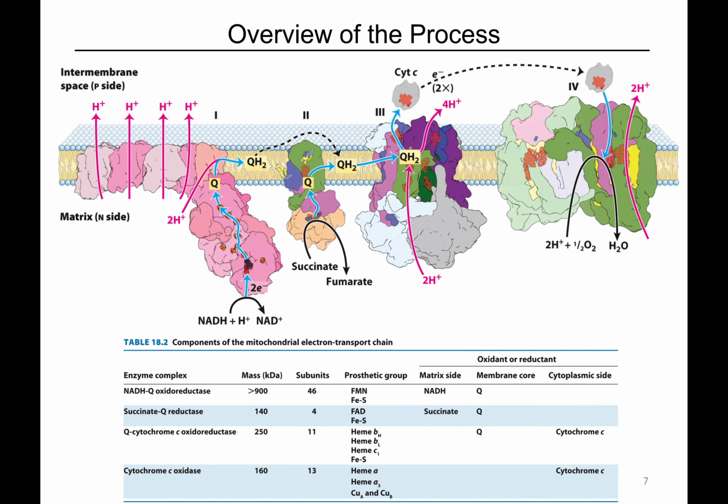Each of these enzymes is responsible for moving electrons from one point to another, right? They are basically electron relay proteins. We take electrons from NADH, pass them through a series of prosthetic groups, redox cofactors that are strongly bound, often covalently bound, into these enzymes, and ultimately give them to an electron acceptor. For complex 1 and 2, that electron acceptor is coenzyme Q. For complex 3, the electron acceptor is cytochrome C. And for complex 4, the electron acceptor is oxygen.